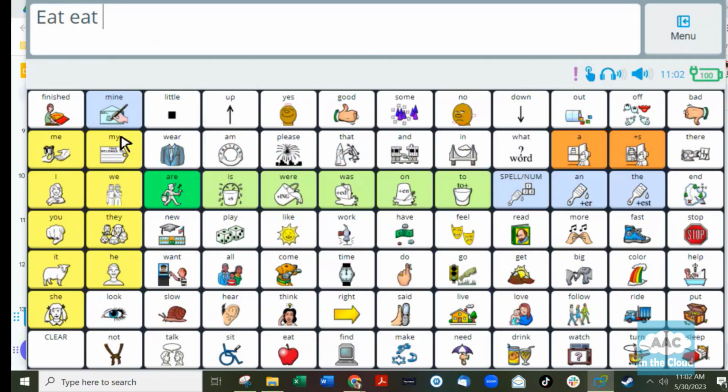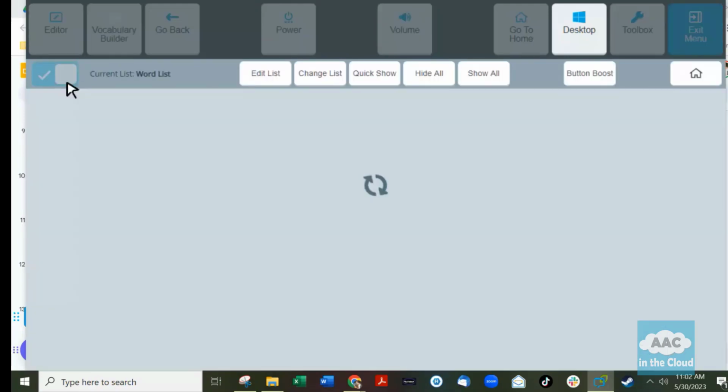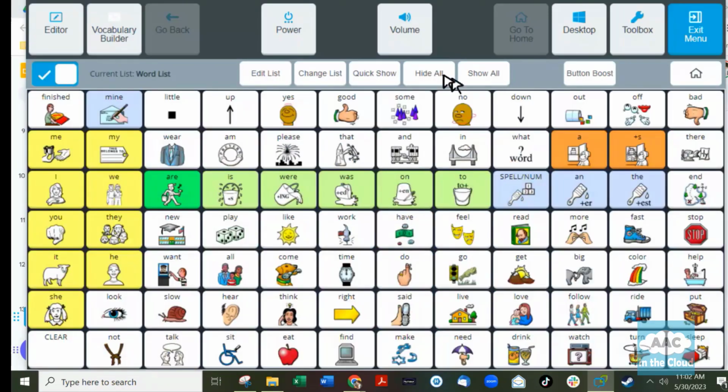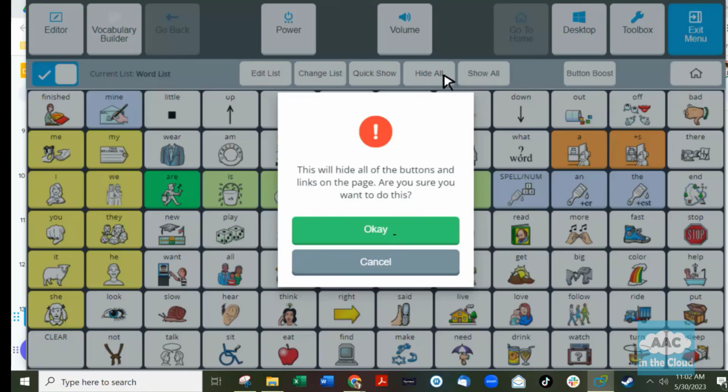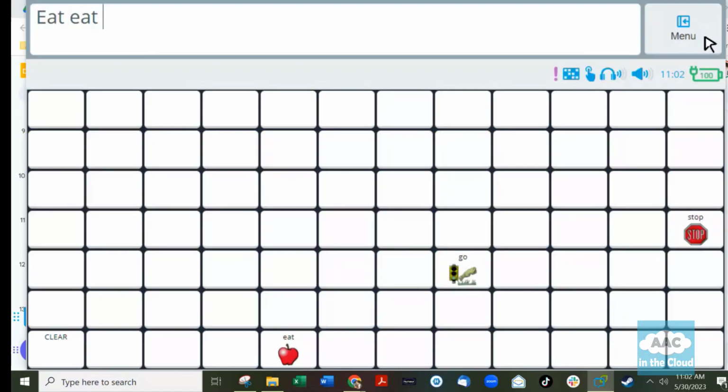Hiding and showing words. Now this is again creating a restrictive environment. You want to have a really good therapeutic reason for doing so. And I find that beginning communicators, you can begin teaching communication at the cause and effect level. And so having a way to hide all but a couple of words,